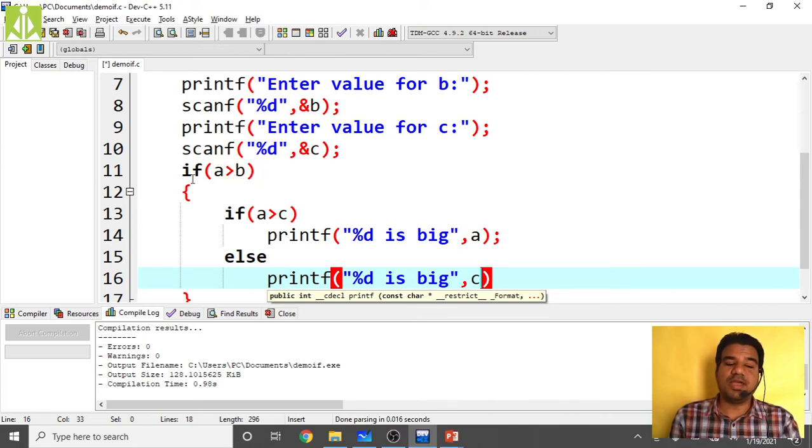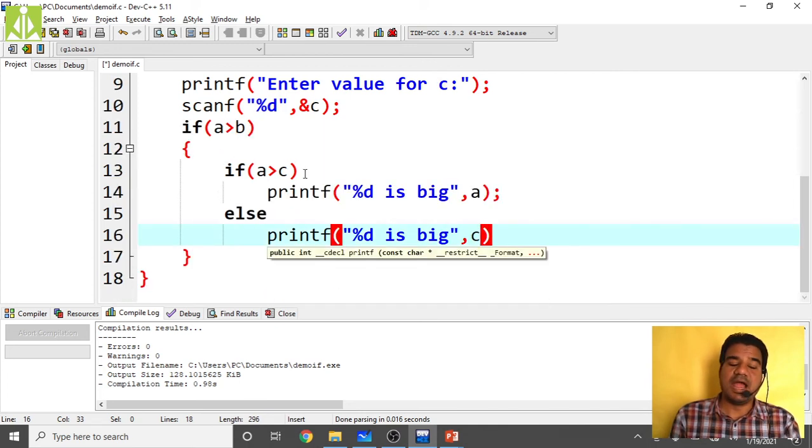When you do the comparison between a and c, a is already bigger, and that bigger value we are comparing with c. If that bigger value is bigger than c, we conclude a as big.